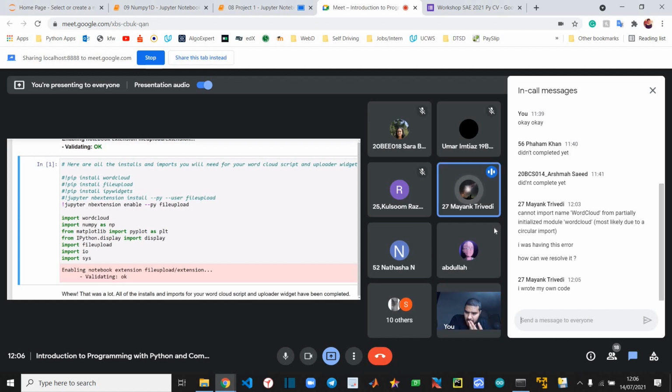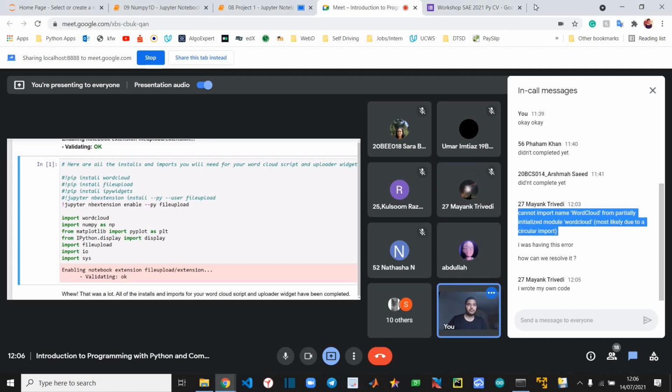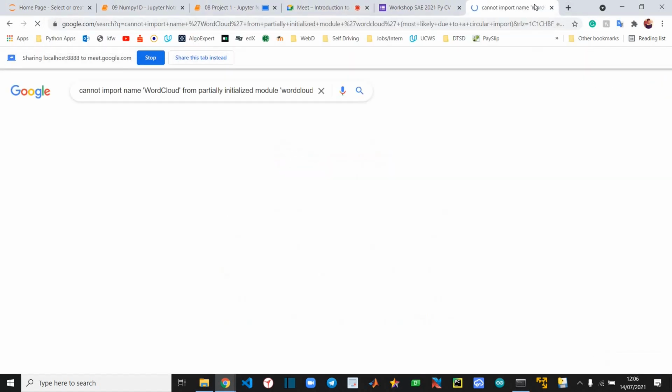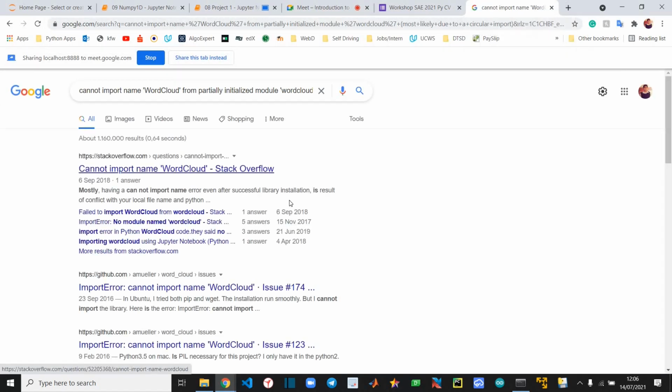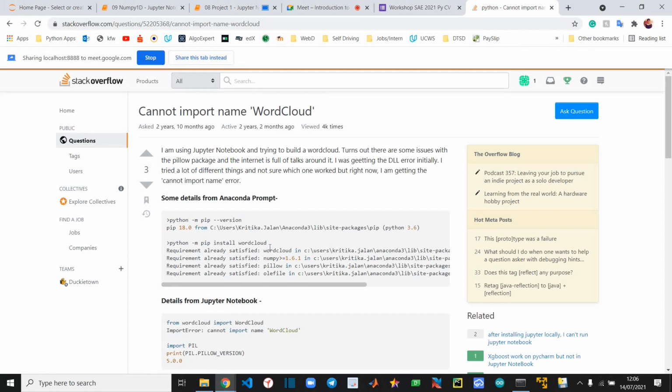I checked in the command prompt. Does it generate any error when you import it? Yeah, this error is generated when you import it. That is why I wanted to ask how to resolve it. Yeah, so I cannot tell you exactly how you can resolve it. You will have to Google this because I have not come across this error. You can see all these things on Stack Overflow.